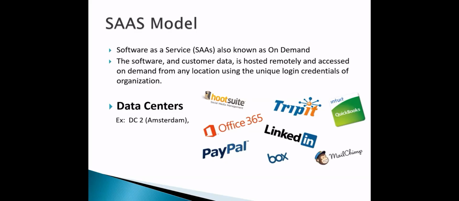In that, one is data center number 2, which is in Amsterdam, Netherlands. Then we have data center number 10 in Sydney, Australia. We have one in Singapore, one in Saudi Arabia, one in South Africa. Like that, around the globe, 15 data centers are operated by SAP to handle the global customer databases. So this is about what the cloud is and how the cloud model functions.